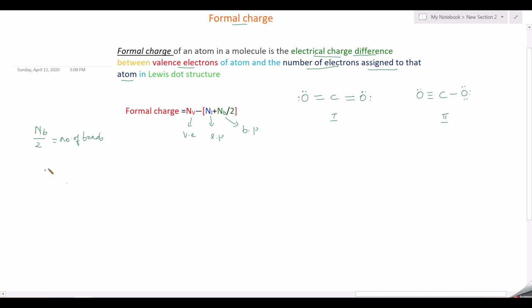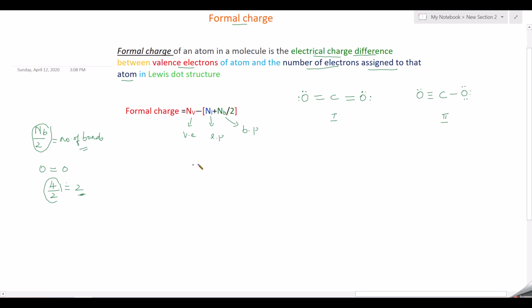Because when you take the oxygen molecule, you can write O double bond O. Here you have 2 bonds. So the number of bonds is equal to 2. But the number of bonding electrons is equal to 4 because each bond represents 2 electrons. So 2 bonds are there, so now the total number of bonding electrons is 4. When you divide by 2, you will be getting 2. So the 4 by 2 is nothing but NB by 2. Then this 2 is nothing but the number of bonds. So we can replace this NB by 2 with the number of bonds.